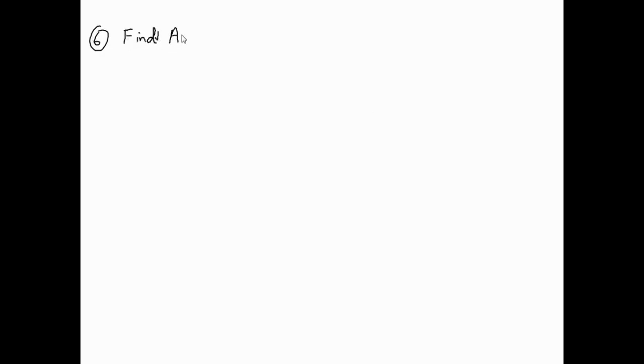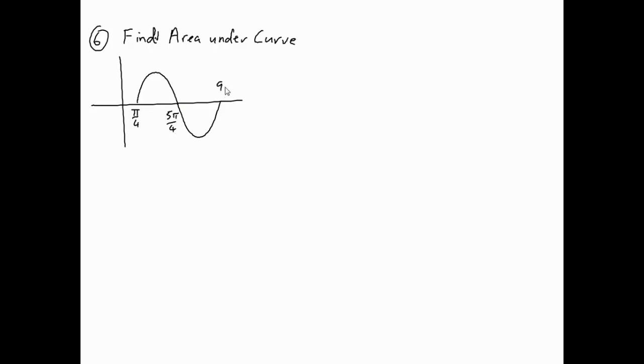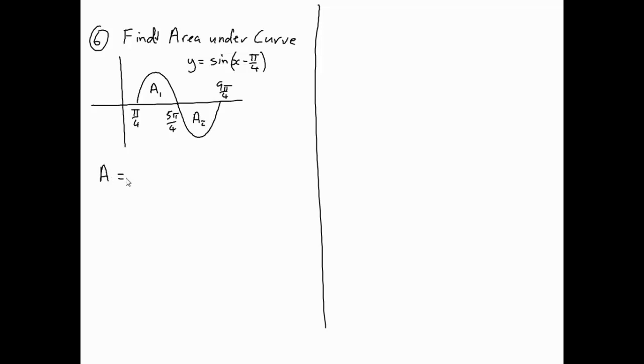This one now, this is number 6. We want to find the area under the curve, and we've got this situation here where we've got pi on 4, 5 pi on 4, and 9 pi on 4. And this is a graph of y equals sine(x minus pi on 4). What do we know about this? This part's going to be positive, this part's going to be negative. So the total area is going to be the area between 5 pi on 4 and pi on 4